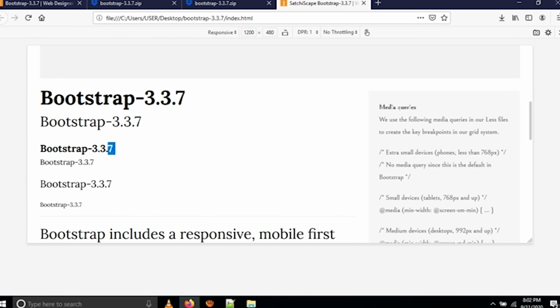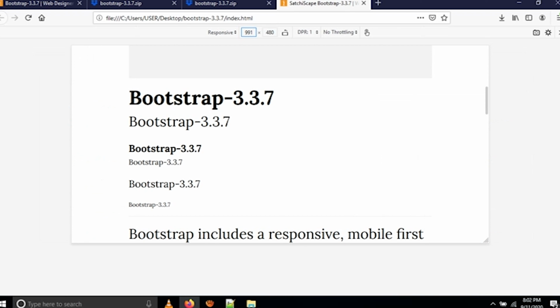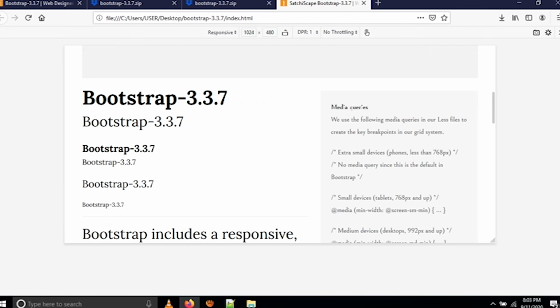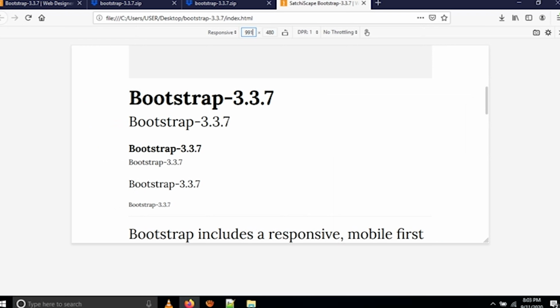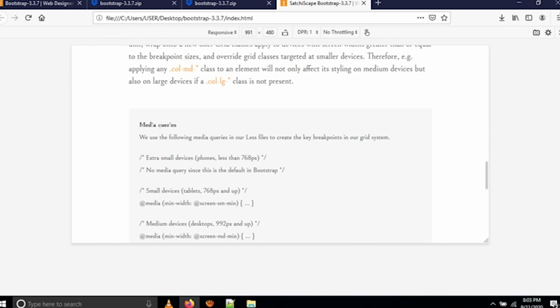See, this is col LG 8, col LG 4, total 12. Let's see in the 991 tab. Sorry, you can see 1024: col MD 7, col MD 5. Okay, then on the small tab, col SM 12, col SM 12.